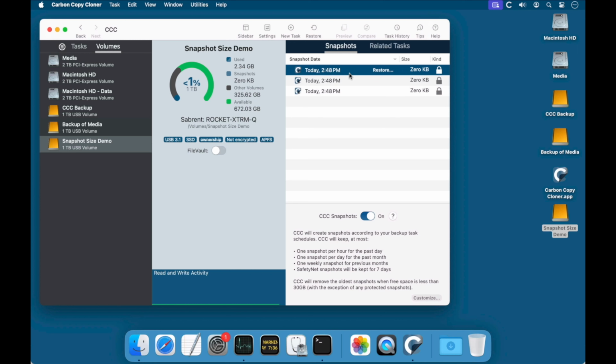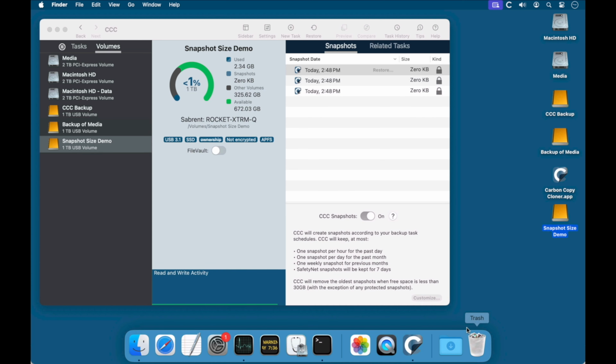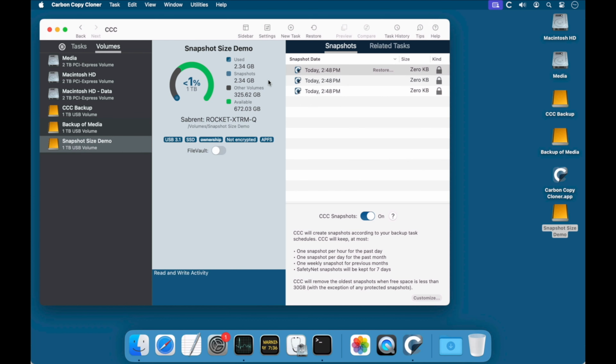Next, I'll go ahead and delete that file in the Finder, and then empty the trash. And then we'll refresh this snapshot disk usage, and now we see that total snapshot disk usage is 2.3 gigabytes,